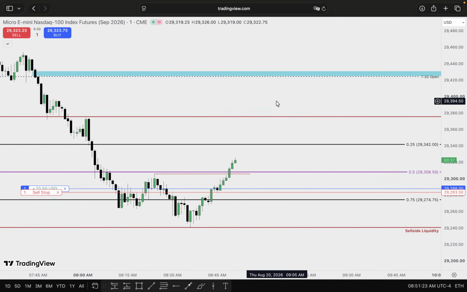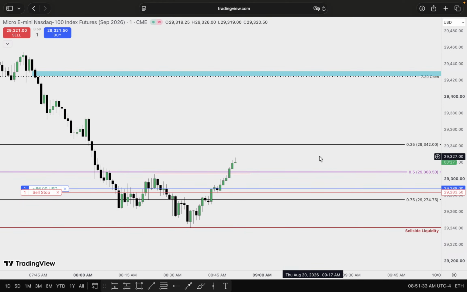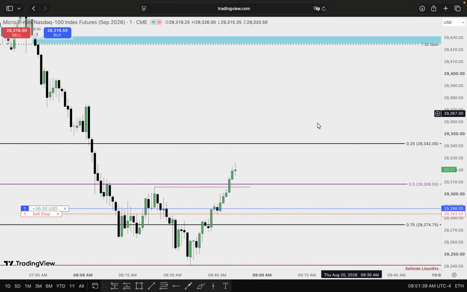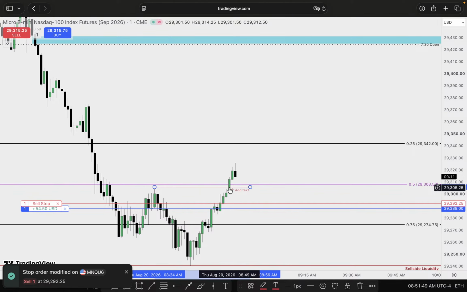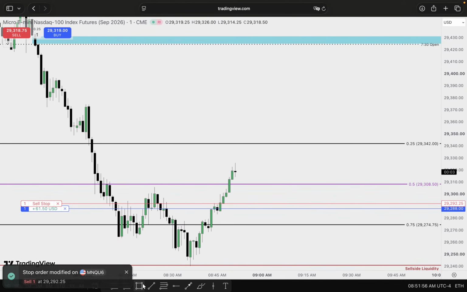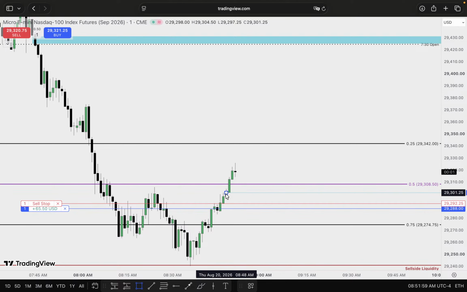I kind of want to wait to trail my stop again until we create some type of pullback to then continue. That will be my idea here. But honestly, I don't really want to see this pull back too far. We could pull back inside of this to this breaker. I am gonna trail some off, like two at least here. Now this is where this could get a little tricky. If we close back below here, then I'll just go ahead and kill the trade. But if we're continuously running higher,